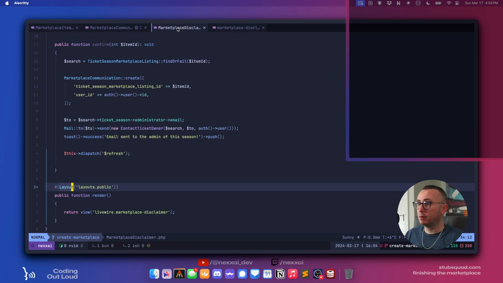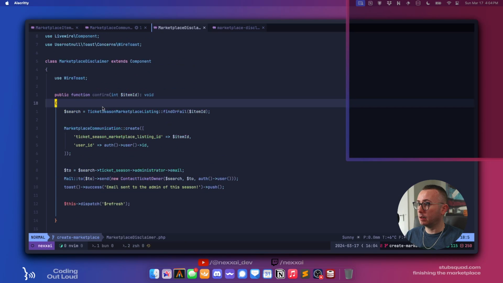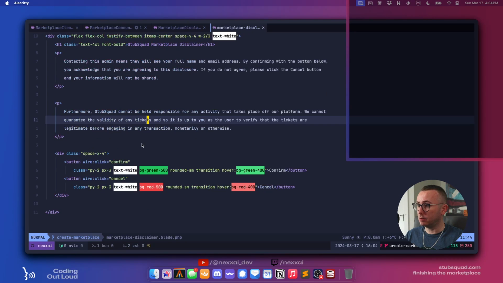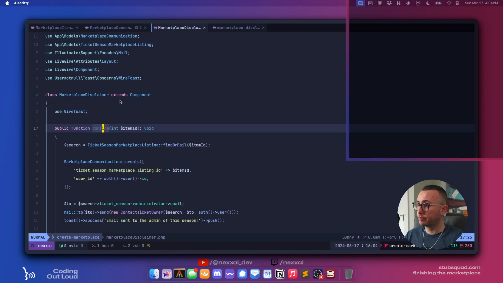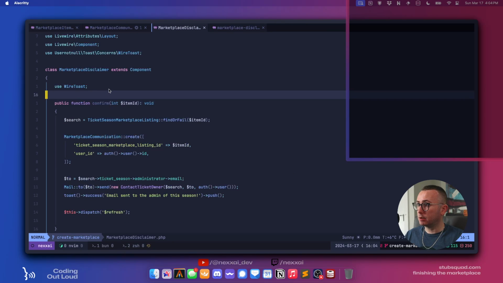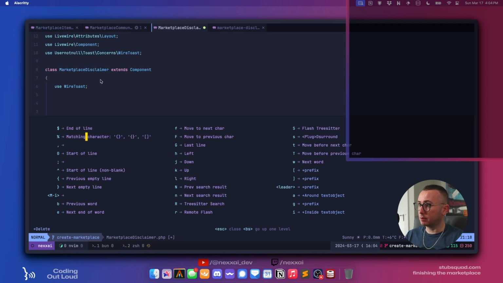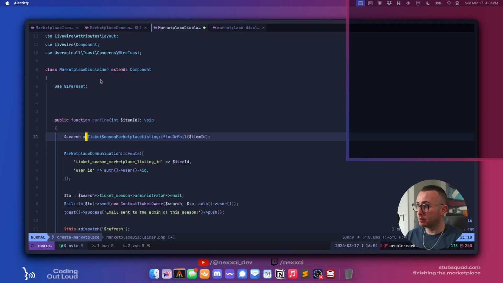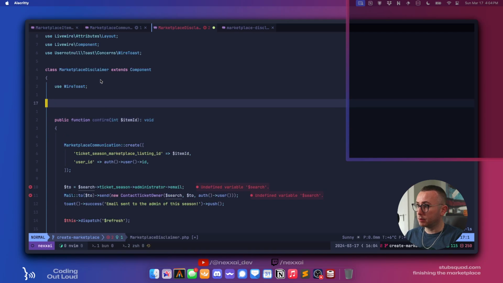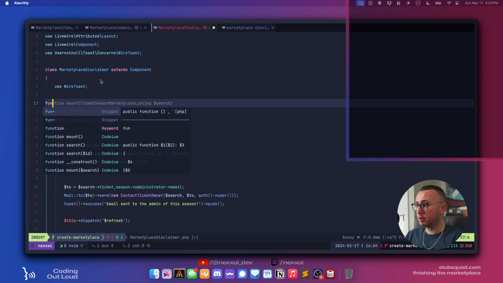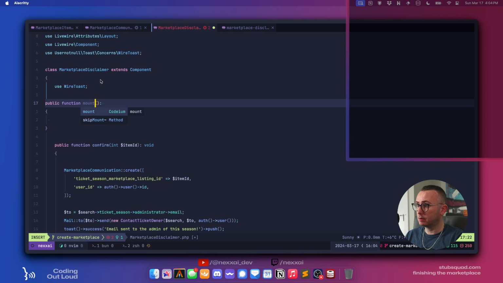Okay, and so now we can go back here and confirm. So we need to pass it. Actually, we don't even need to do that. We can just say on, how do we want to do this? Let's go like this. So we're going to say function mount.